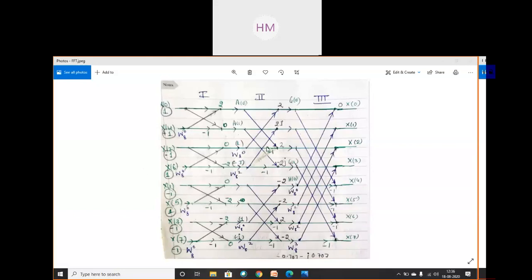Now write down. Input and outputs we all know, x0, x1 till x7. You have to write capital X and small x. Keep that in mind. Inputs are small x. After that, in the first stage, on alternate lines, write down -1. This I am telling you as tricks. Otherwise, you have to solve all the things carefully and then write. But with these tricks, in the exam you will complete your numerical very fast. After that, leave the first two lines, write down -1 on the next two lines. Again, leave these two lines, write down -1 on the next two lines. Clear?